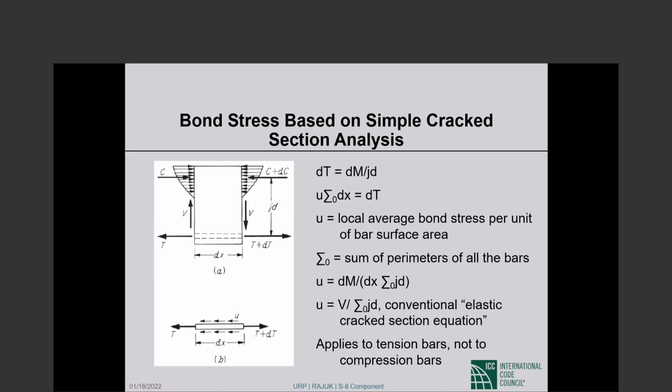u is the local average bond stress per unit of bar surface area. Everything that is said needs to be said per unit of bar surface area. And sigma sub 0 is the sum of perimeters of all the bars, as I've indicated. So u then is dT divided by